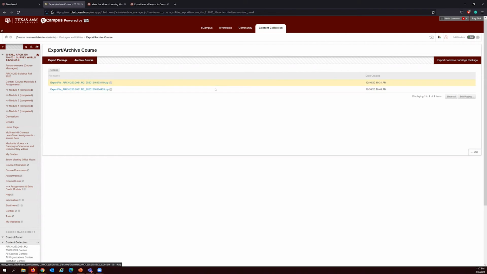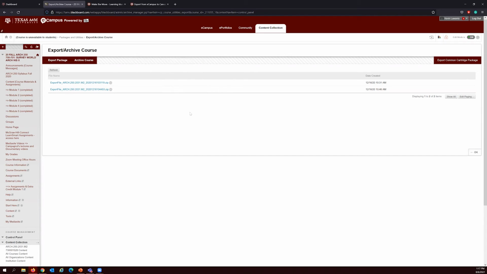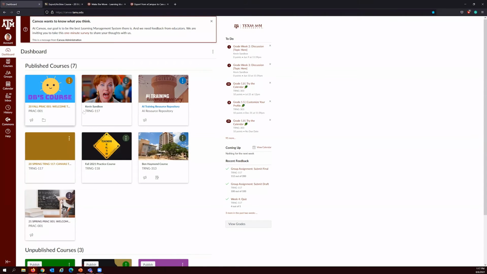So once it produces the export file .zip, you can see it based on the date and the time, and you can just click the name and download it to your computer, basically. So that's also going to take time. But after it's done downloading to your computer, you can go to Canvas,